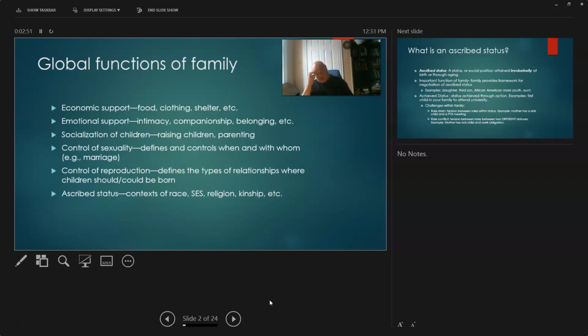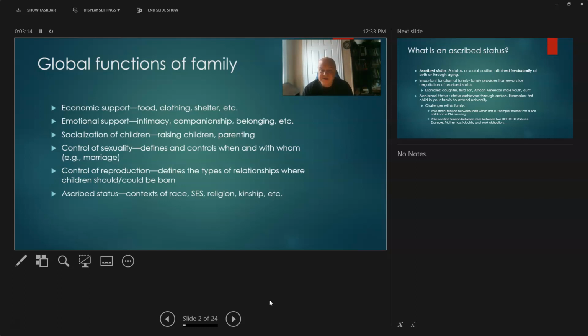Sometimes it's a single parent. Sometimes there's a marriage or a relationship and no children, okay? Sometimes they're extended family members, grandparents or cousins, right? But we want to look not at that as much as we look at what we call global functions of